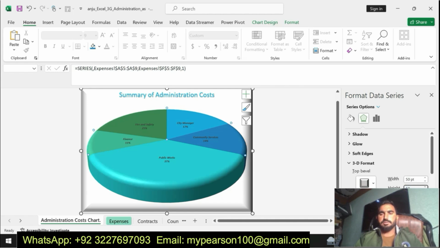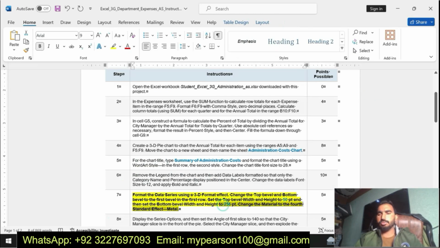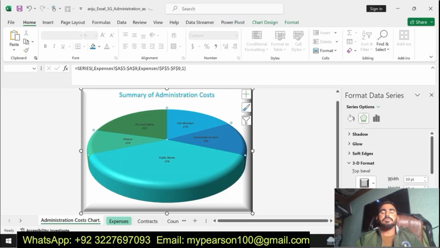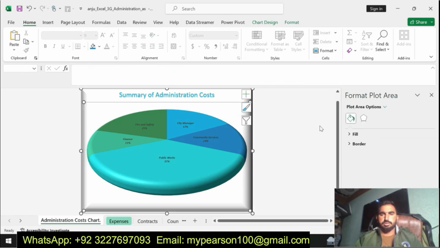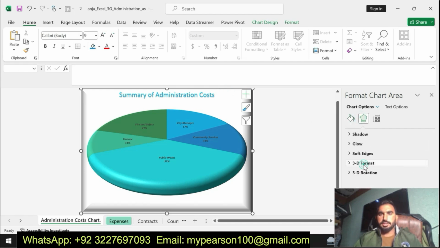Now I am going to change the width and height for the second bevel after selecting the chart, that is 256 point and that is 256 point. I have changed. Here is 3D format.